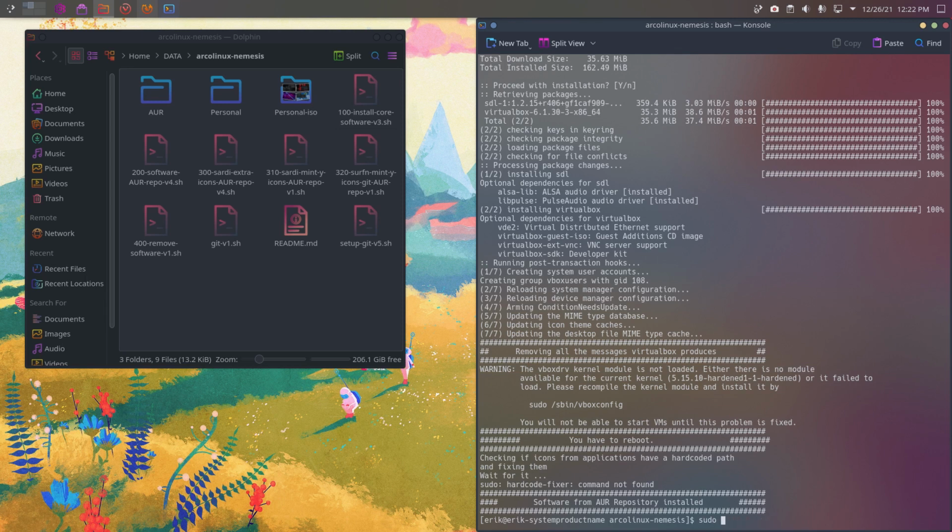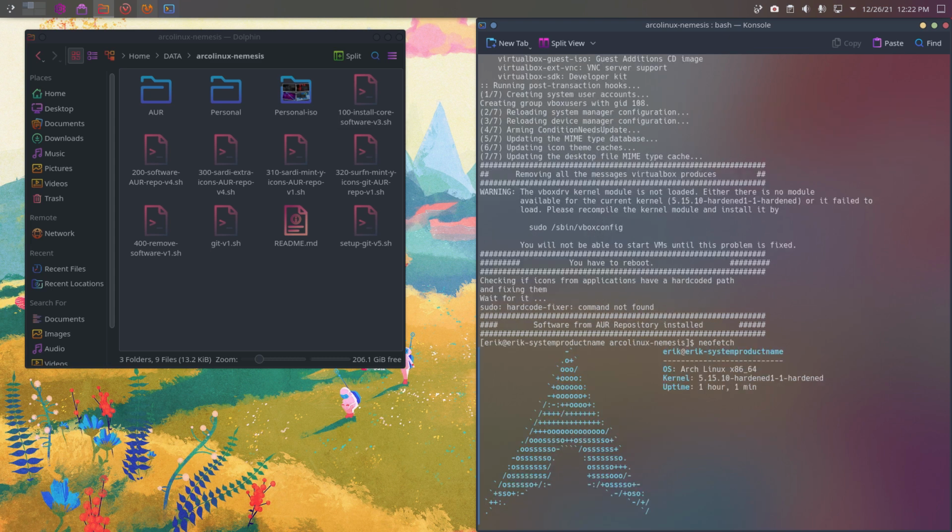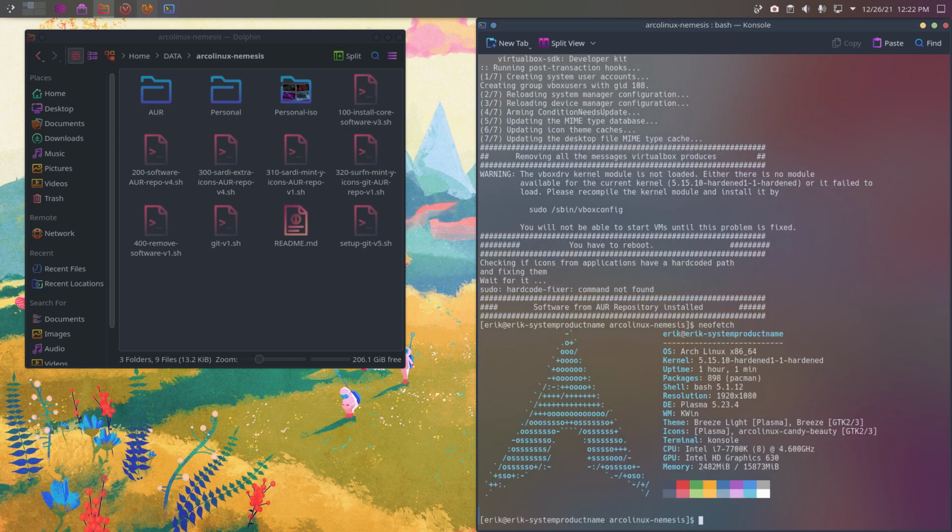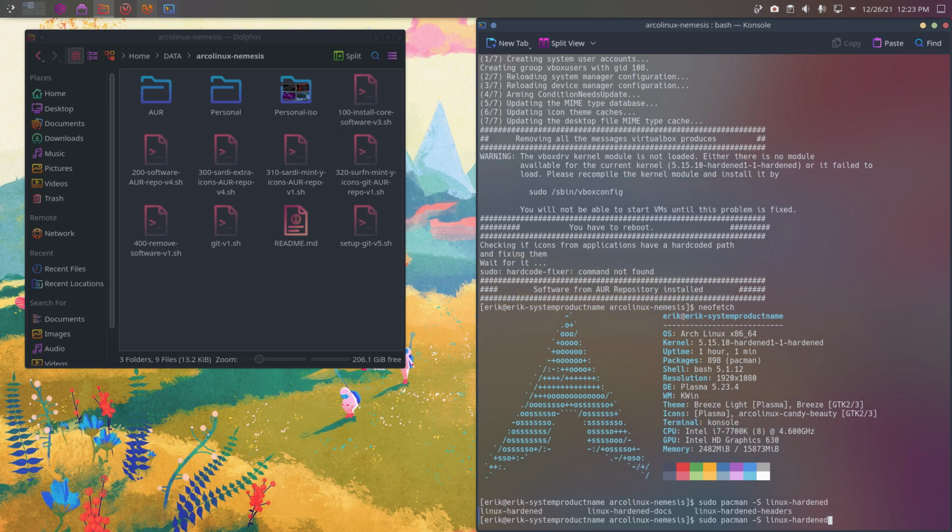So first of all, neofetch, because we have different ISOs. Aha, this is not the Linux kernel, this is the hardened kernel. So my VirtualBox setup will not work either. sudo pacman -S and then linux-headers,